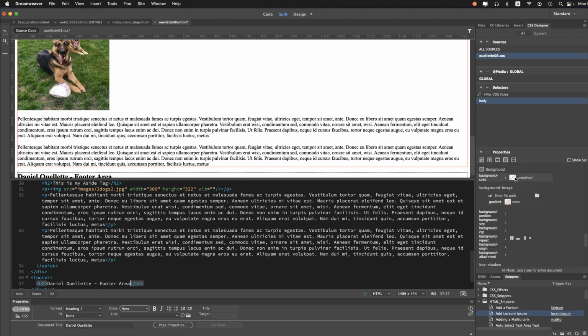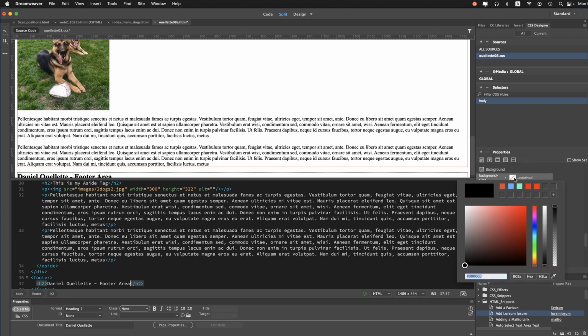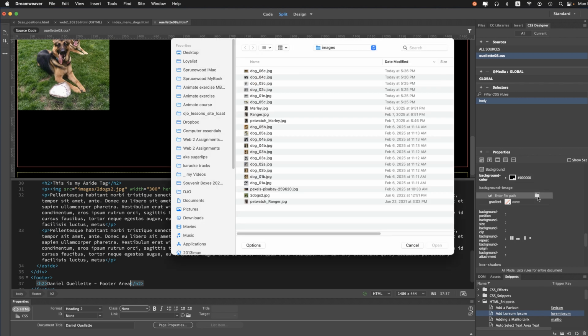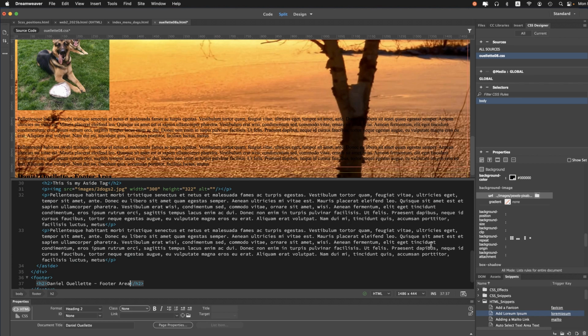Background color, I'll formally set it to black because it might take a second for the image to download, and it just looked cool, I thought, with black as the default versus white. So I'm going to start with that, and then quickly come down to the background image, to the browse folder, and it's the one called Pexels Pixabay. So I'm just going to select that, open that, and again down under background